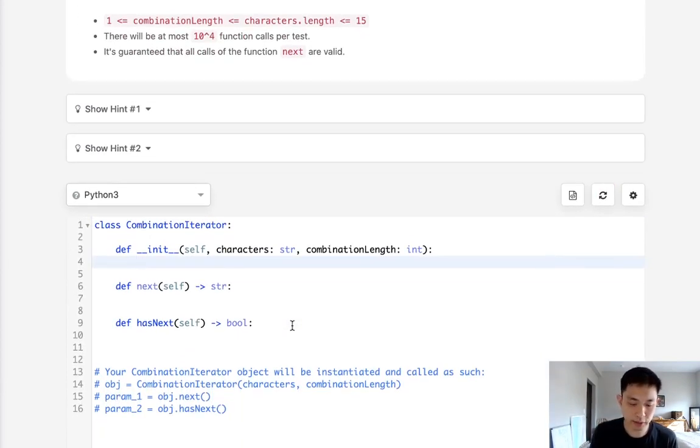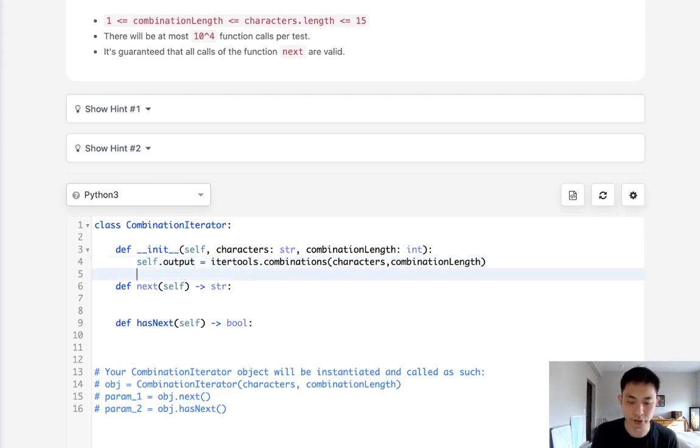The easiest way that we can do that is to use libraries. There's a library called itertools, as well as a method called combinations. And this is perfect for our problem here. What we would do is input our characters as well as the combination length. And that's going to return to us a list of tuples of all the possible combinations for our string. But that's going to be a tuple, so we'll have to also regenerate those into strings. And we can just do that by using the string join method